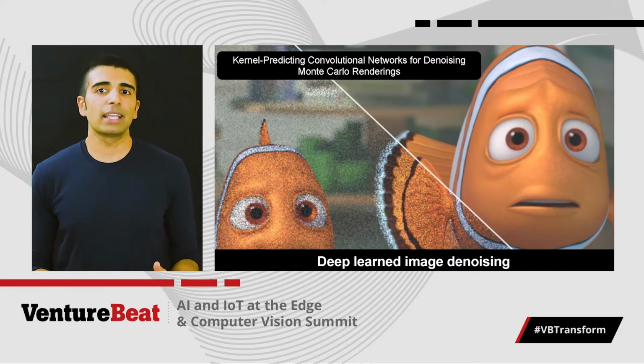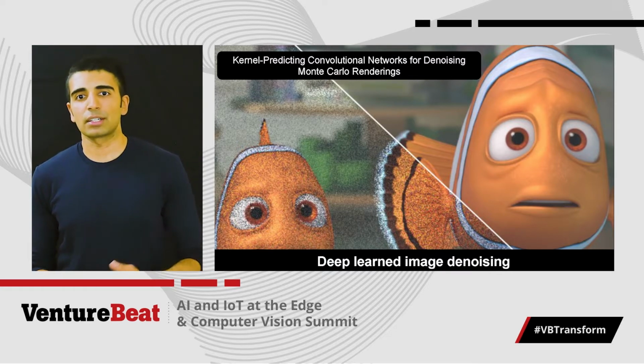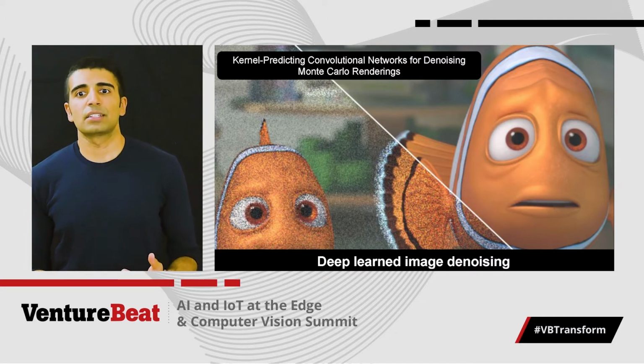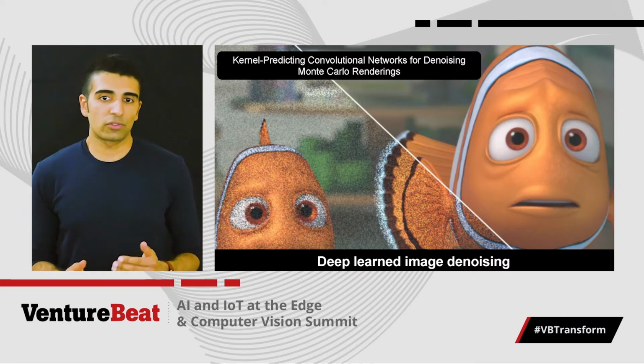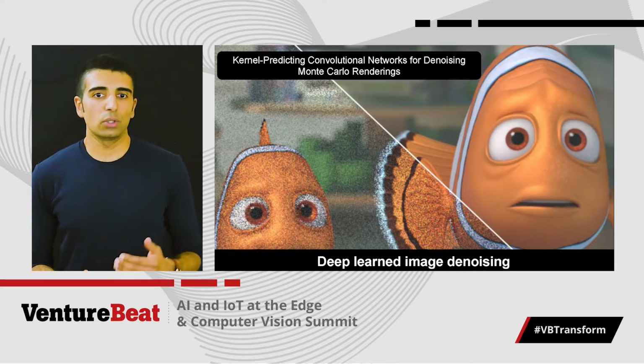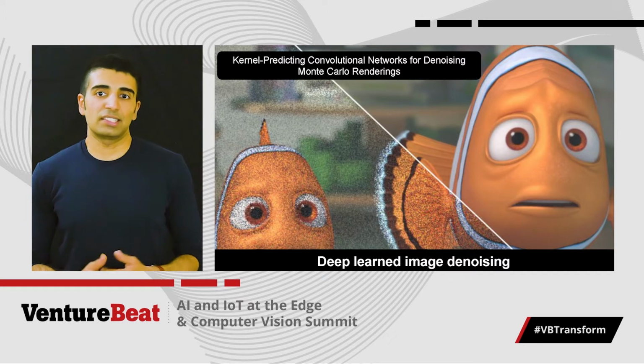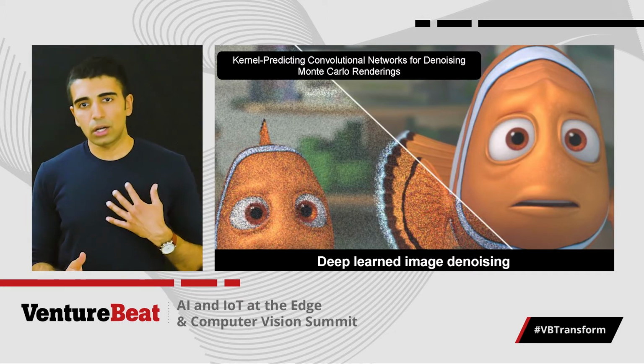Another example of machine learning gaining widespread use is in image denoising. Rendering a single frame for a movie involves a computationally expensive process called ray tracing, which simulates how light bounces around in a scene. When you start a render, you observe these really unflattering noise artifacts that you can see on the left. As you render for more time, the image converges and the noise level progressively reduces until you can't notice the noise anymore. The idea behind denoising is to render for less time and have the denoiser predict the clean image given the noisy image. This technique was fruitful on several of our recent films, and some of my colleagues helped bring this